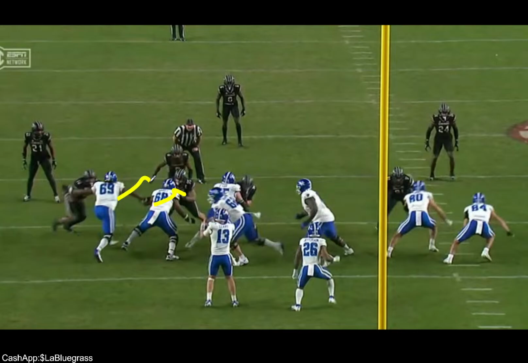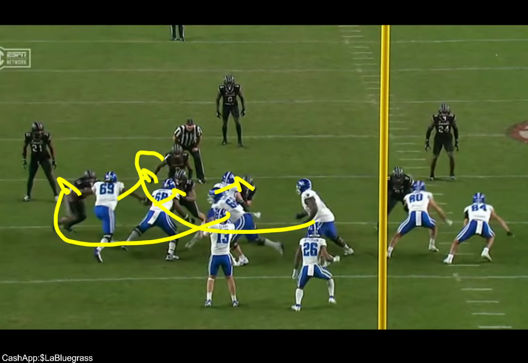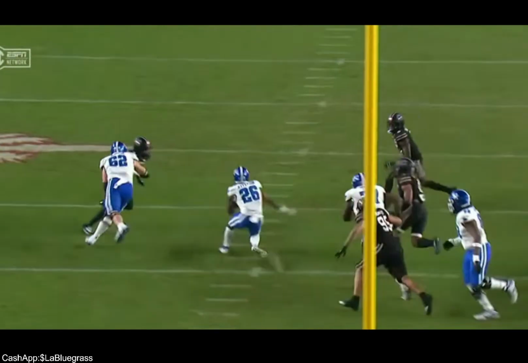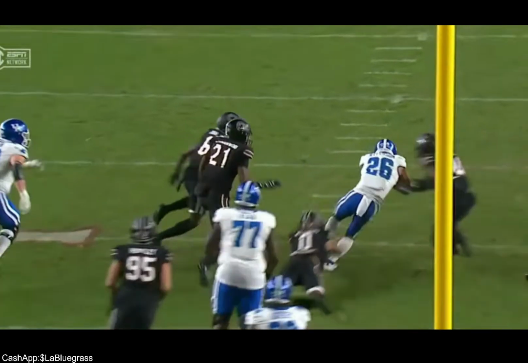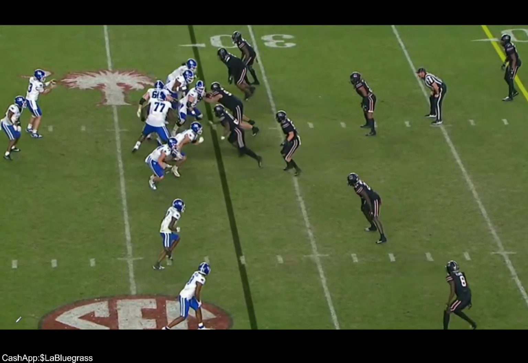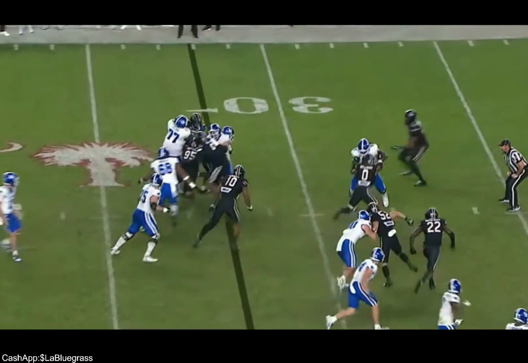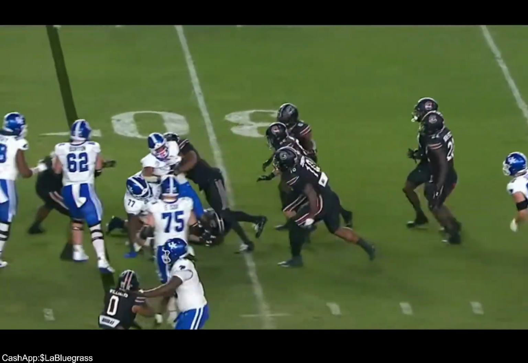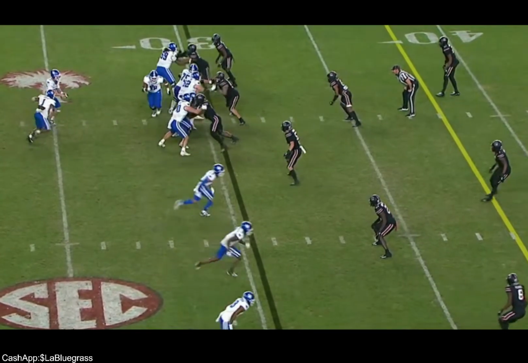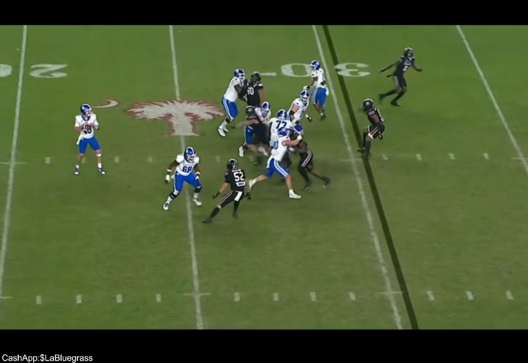Block down, block down, block down. Pin and pull. These guys are going to pull around. He's going to get that linebacker. This is pretty stuff on pin and pull. Bam, bam. Now we got something going. That's still 3 yards on first down. That's not bad. We are ahead of the chains a little bit.